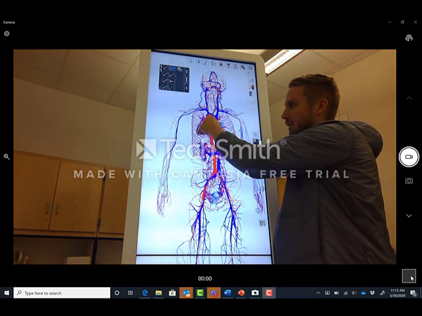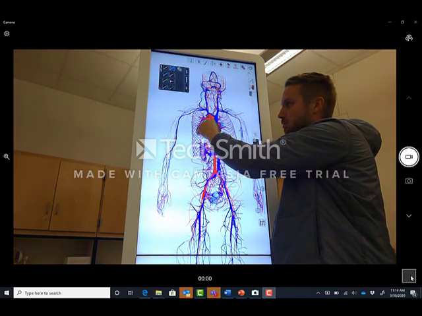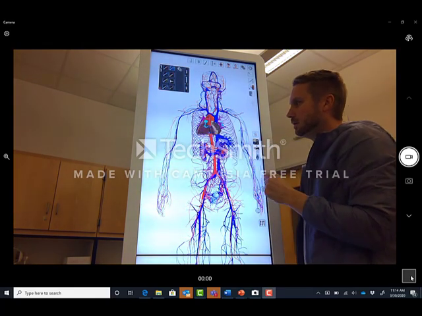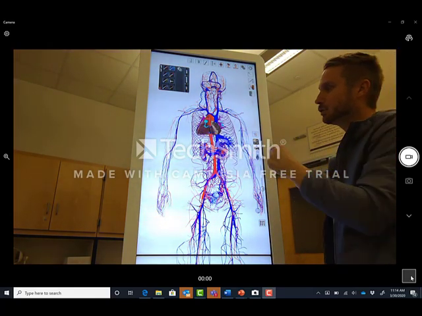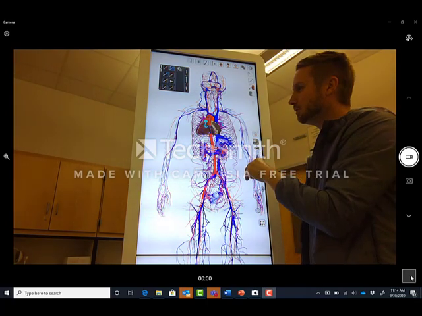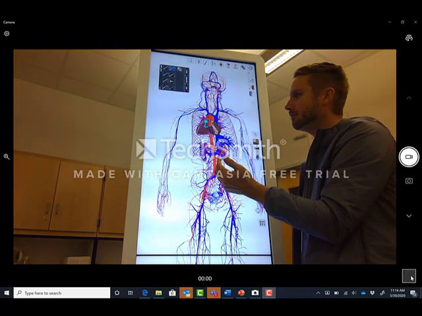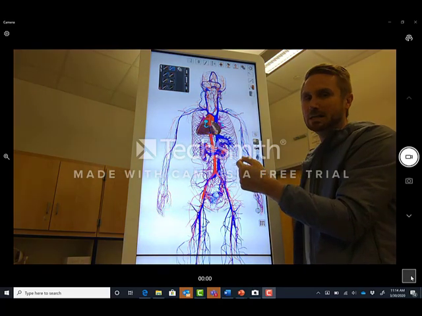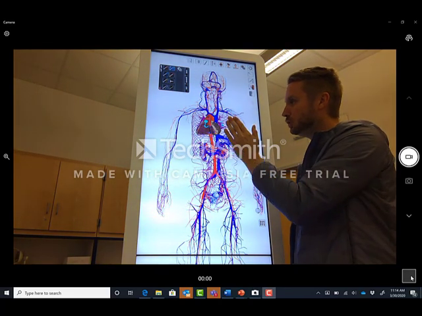Okay, so left atrium, it's going to move inferiorly through either the mitral valve. Most doctors call it the mitral valve or the bicuspid valve. Remember, the bicuspid valve is going to have two valves